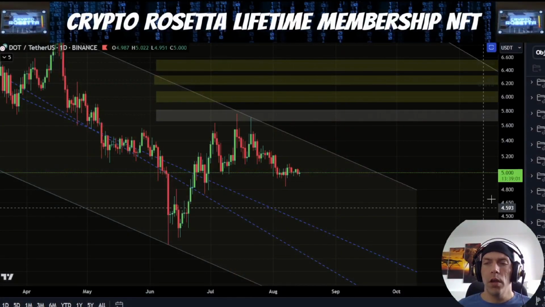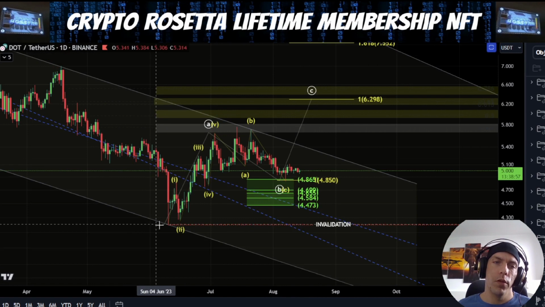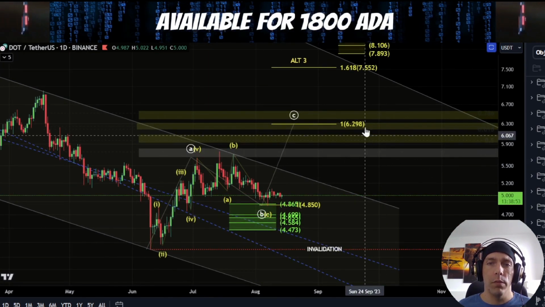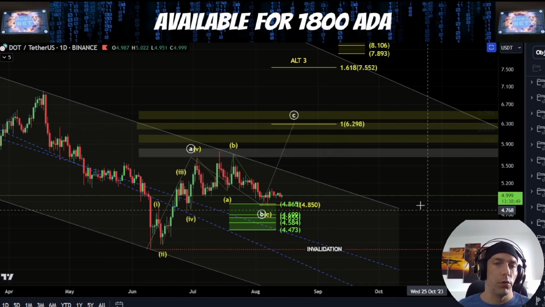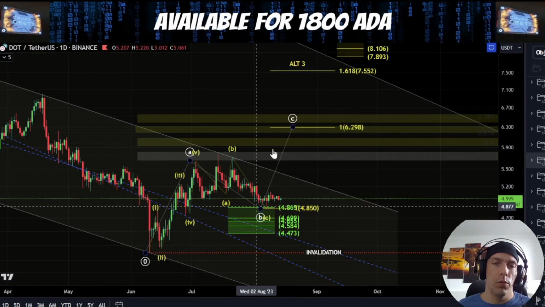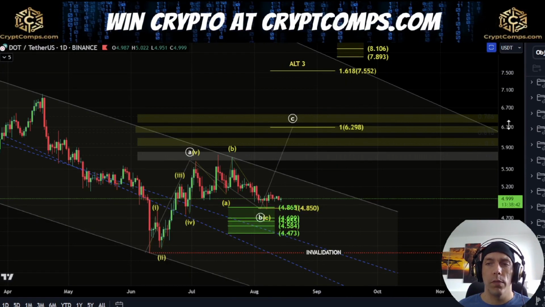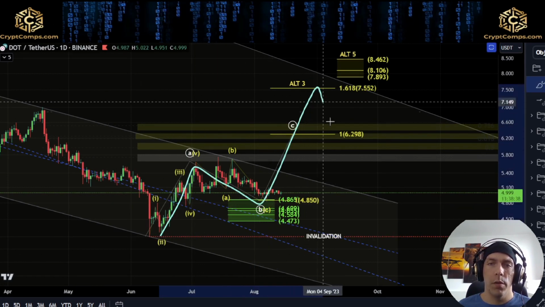Okay, so within our bullish count that we were previously following, what we are saying is we're looking for the potential here that we could be looking at this move as a bigger A, B, and a C pattern, looking for this potential of pushing up towards this zone here of this $6.29. Now, if we do look to push up higher here towards the zone of this 1618 here at the 755, this could align with this move starting to turn into a bigger impulse to the upside here,